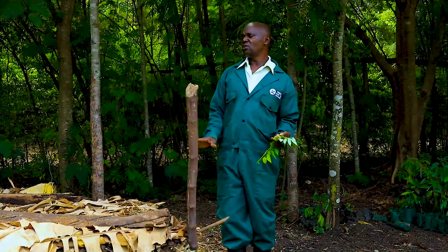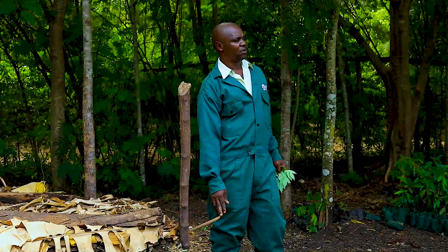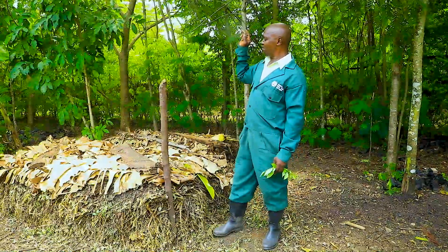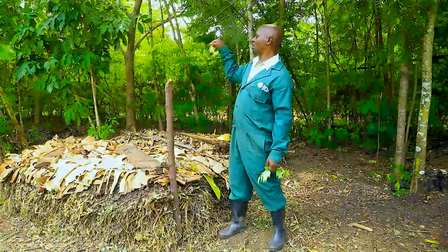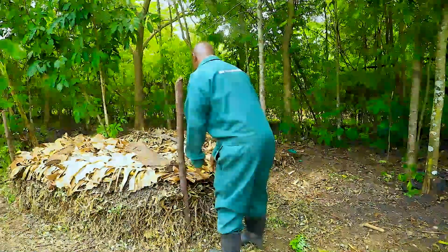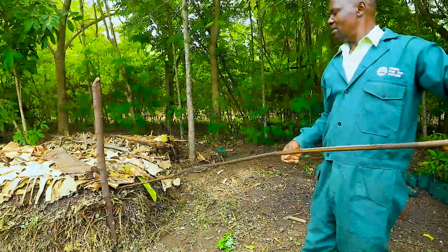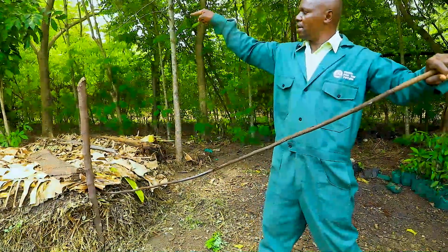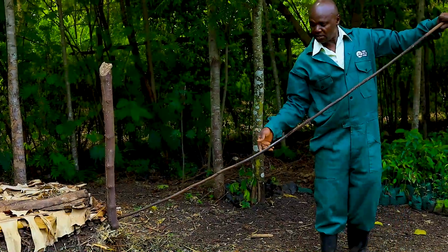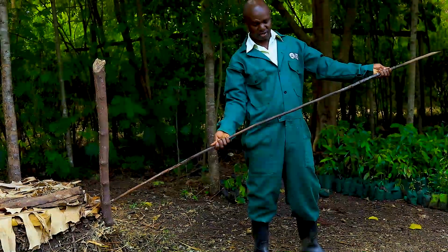After doing all this, you must test whether the decomposition is taking place. How do you test? We have the stichometer. The stichometer is what will now help us to know whether the decomposition is taking place or not. And this is the mice stichometer. Because this one was 2 meters long, you should start from this corner to that corner to feel all the parts of this arrangement. And if you feel it is hot and burning,